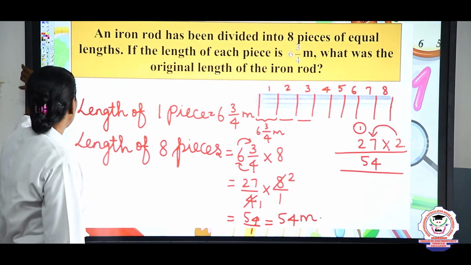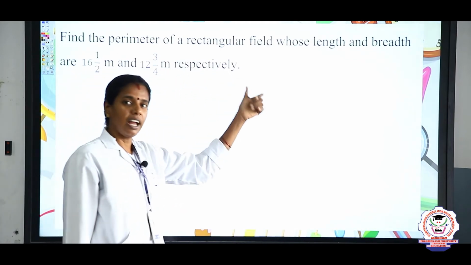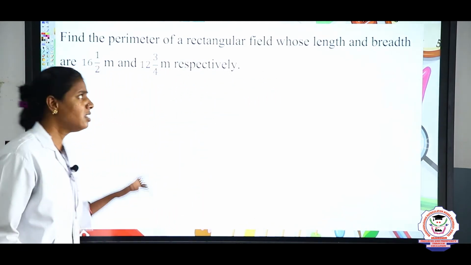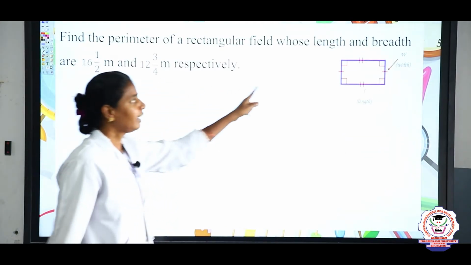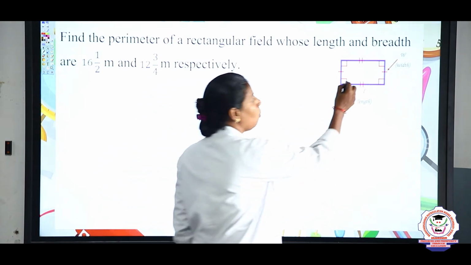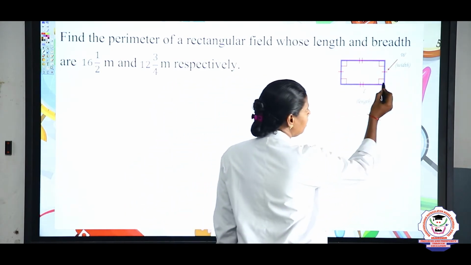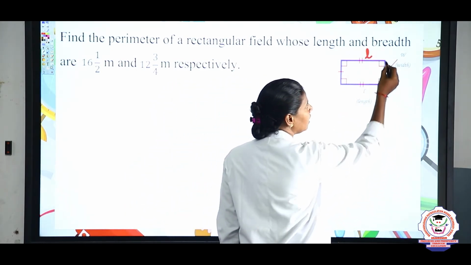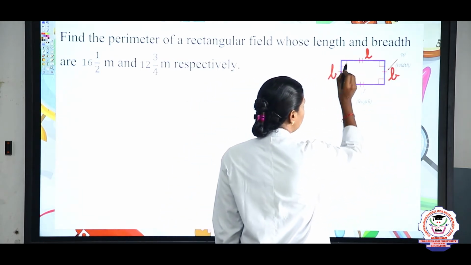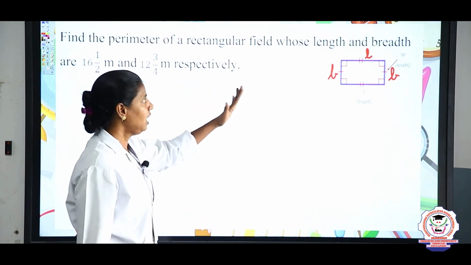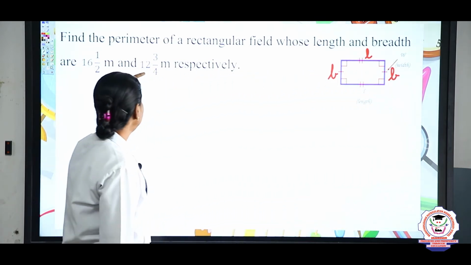The next problem we are going to solve is, here they have given the length and breadth of a rectangular field, and we need to find its perimeter. First we will see what a rectangle is. See the rectangular shape. We know the opposite sides are equal and parallel in a rectangle. This is length, this will also be length, and this is the width. Width is nothing but the breadth. So this is breadth and this is also breadth. So this is a rectangular field. For this they have given the length as well as the breadth, and we are going to find the perimeter.